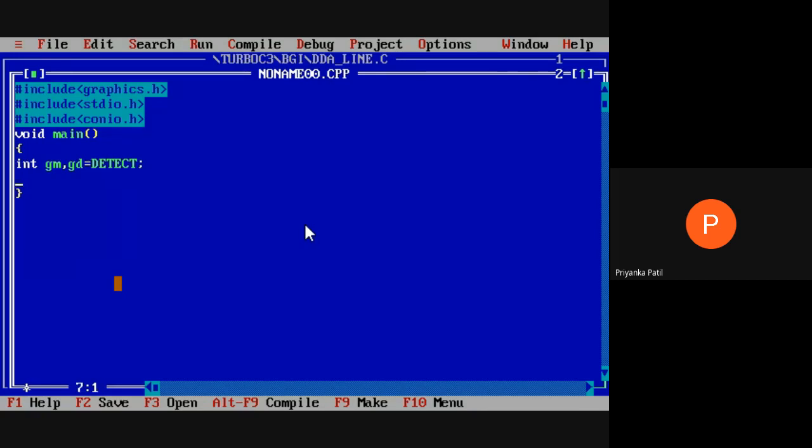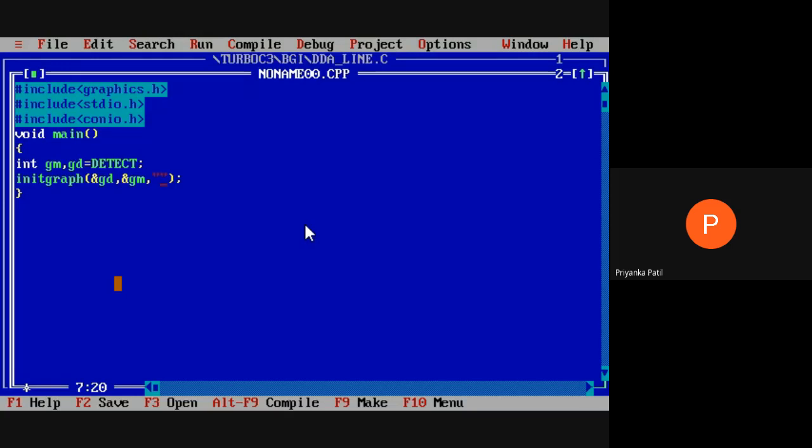After that, we need to initialize the graphics with the help of the initgraph function. So initgraph(&gd, &gm, and in double quotes we need to mention the particular path for accessing the graphics drivers and graphics mode.